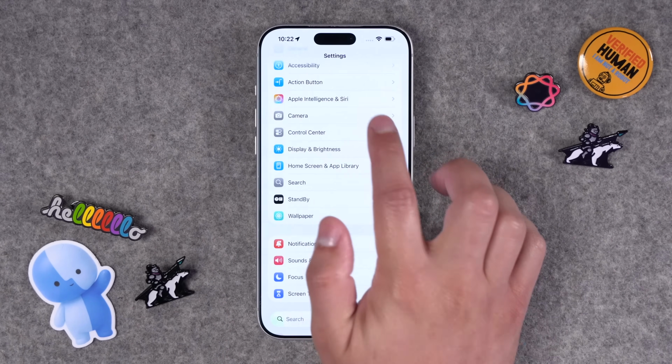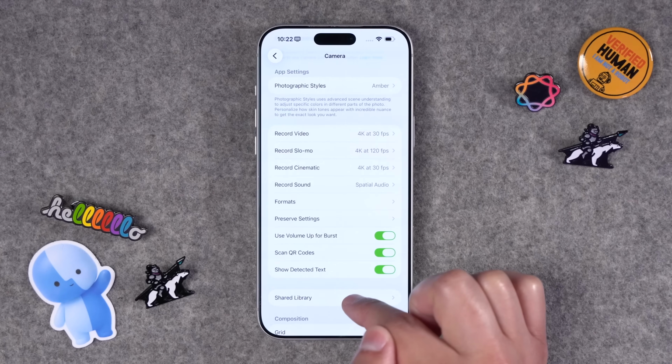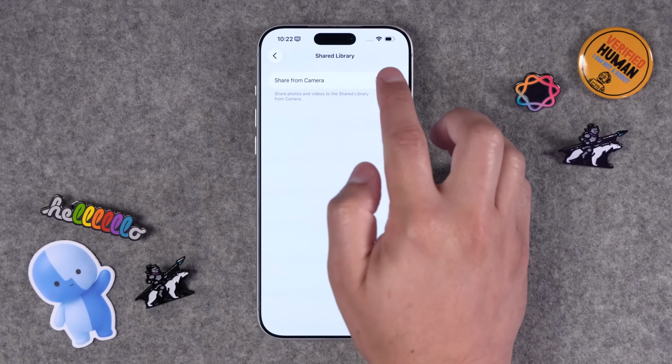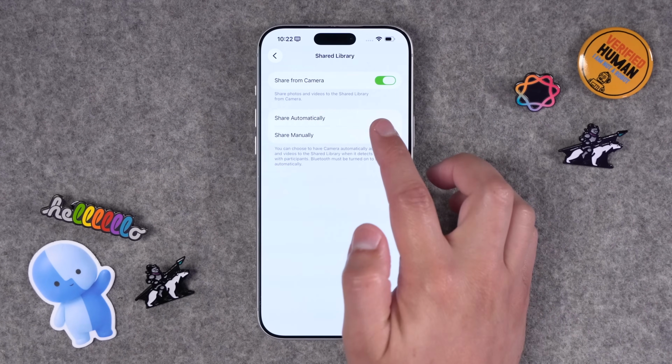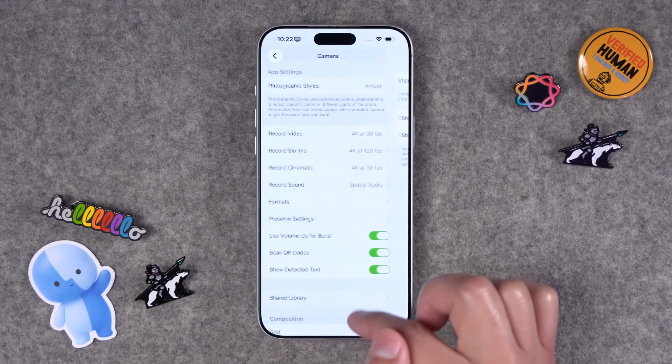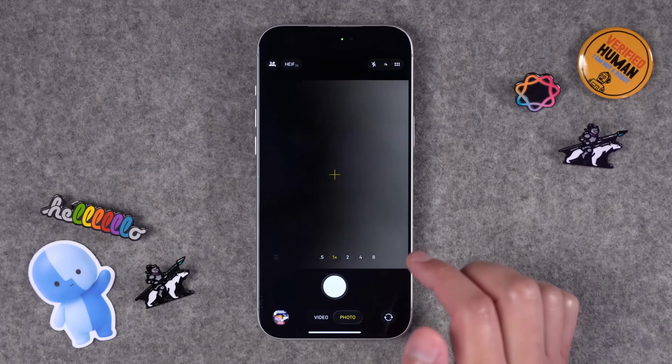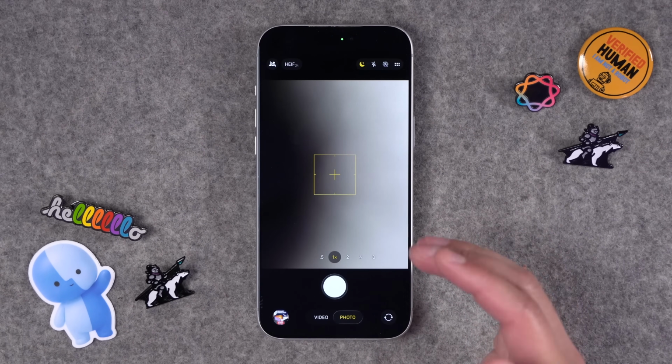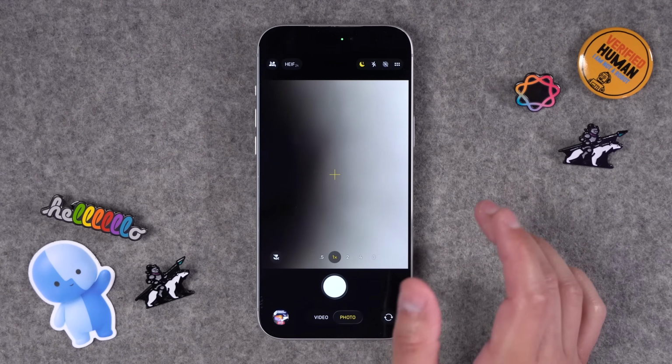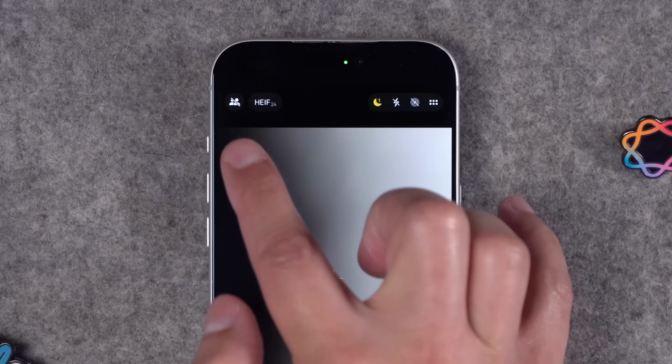Back in the Settings app, if you go down to Camera and then go down to Shared Library, you can choose Share from Camera, and you can choose to share automatically or manually. Automatically means every photo you take will just be put in the shared library. But I usually have it set to manually, so this way when I go to the Camera app, that little